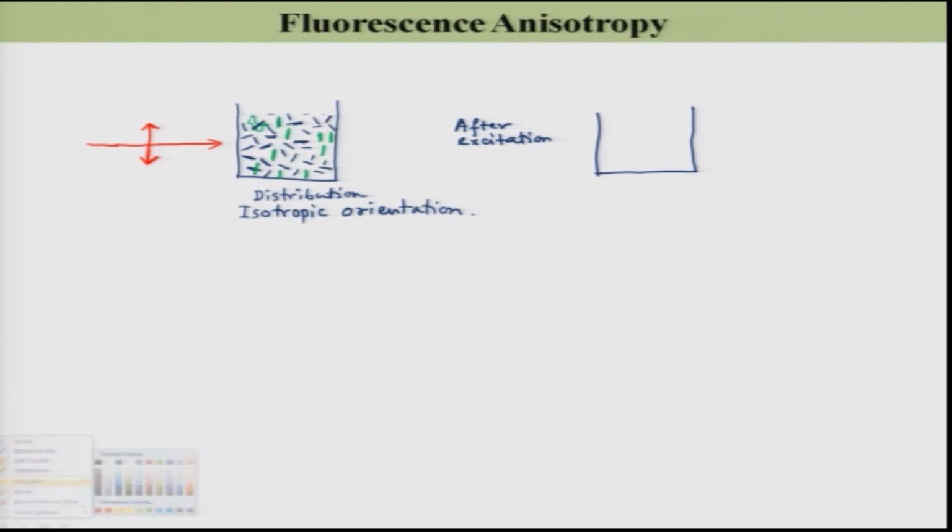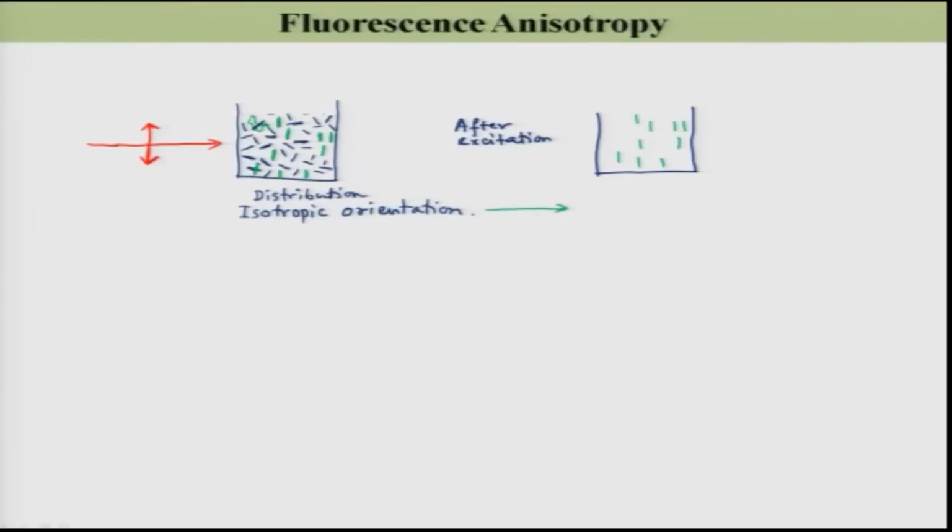You will have one molecule like this, one, right, because all those molecules whose transition moments are oriented along the electric field of the incoming light are excited, and the excited situation is like that. So, you see the excited state looks like all the molecules are oriented in a similar fashion, right. So, it is no longer an isotropic distribution; this is now an anisotropic distribution. So, I have changed from isotropic orientation or isotropic distribution